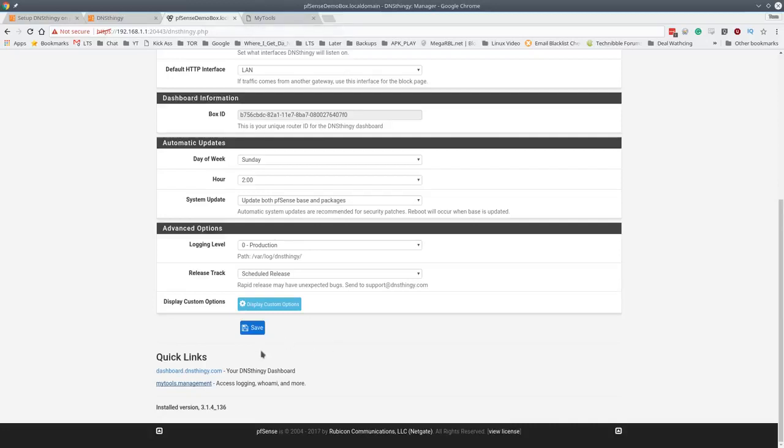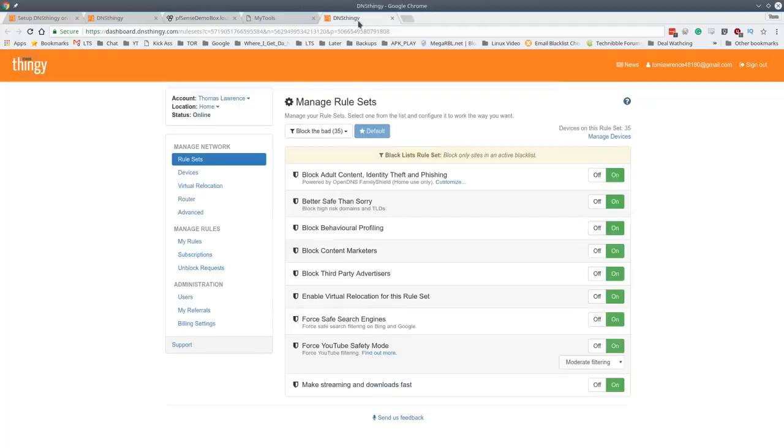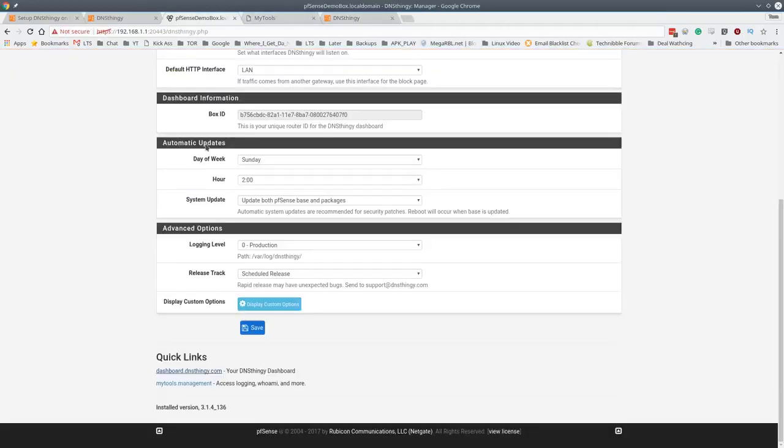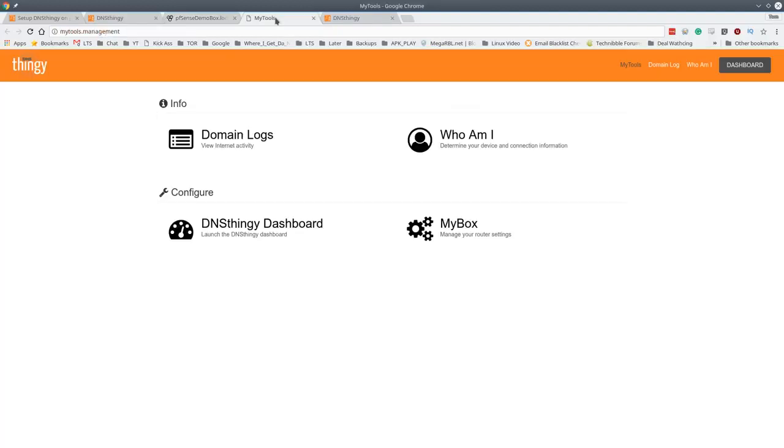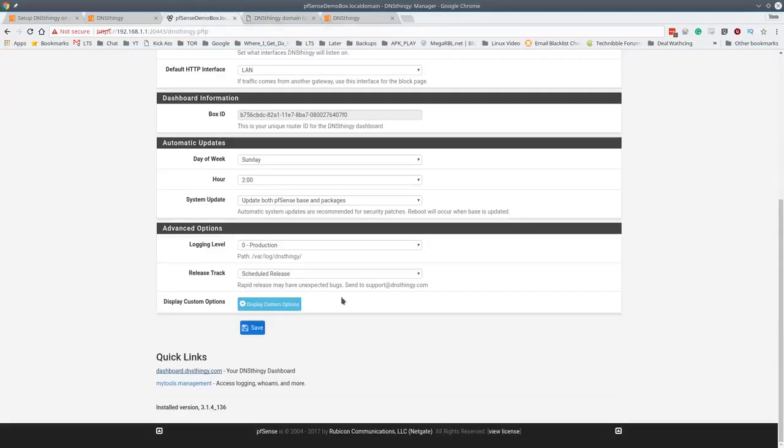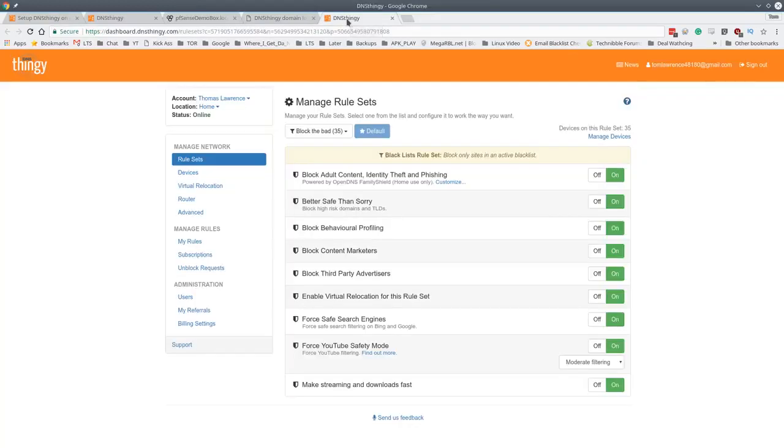All right, now from the pfSense box, you have the link to dashboard.DNSthingy, which is your dashboard, which we were at here, and then the other link down here was mytools.management. And this is the logging. Well, I'm not actually allowed to view the logs, and I'll show you how that works. So the logs are actually local. You can't view them outside your network, which I thought was kind of strange. It's actually wrapping things around into there. So we go over here to devices,